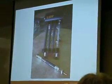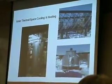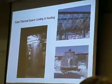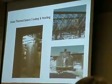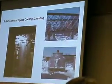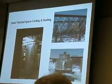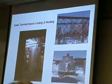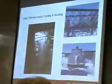And here's the little system that we have down at the student center. That particular system utilizes an absorption chiller, and here's a picture of that chiller, the 10-ton chiller, and a cooling tower. So the glycol water mix goes into the chiller through a chemical process. The water is chilled. The glycol water mix passes the energy on, and then a separate line chills the water, and that water is brought up to coils, which